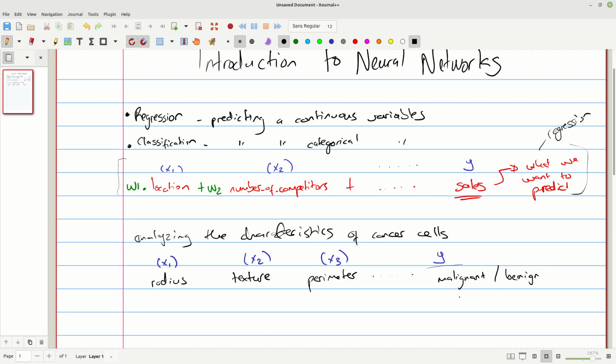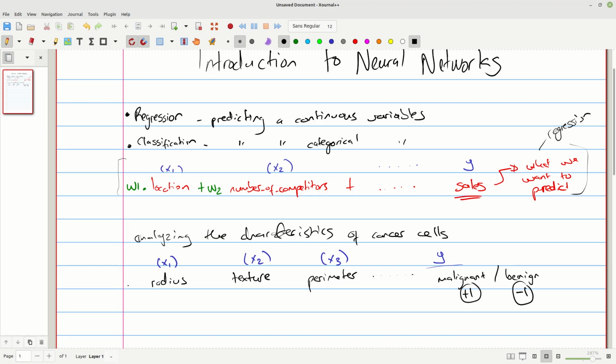If it's malignant, then let's say the class is +1, and if it's benign, it can be -1. Or it can be 1 or 0, it doesn't matter. That's not the point here. But the important point is we are given these features that are important in helping us classify whether this cell is malignant or benign.